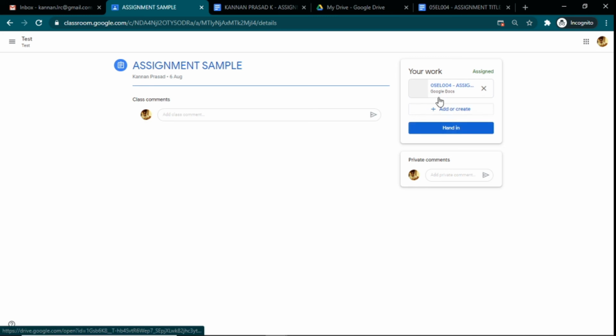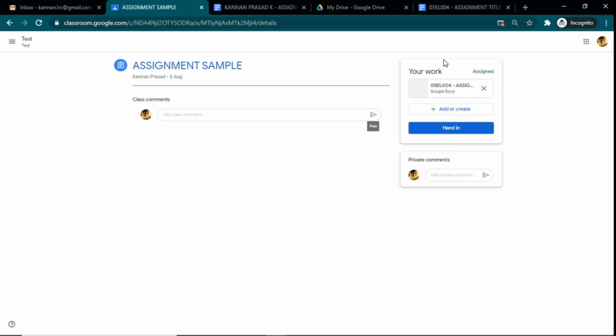And this is how I require you to send in your document to me all the time whenever you are using Google Classroom. I would not accept your assignments through email or WhatsApp. It's not happening, right? It won't happen. I would only accept your assignment this way because it is very easy for me to evaluate your assignment. So this is the only way it is possible for you to send it to me.